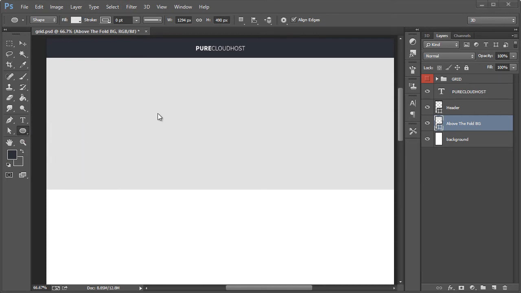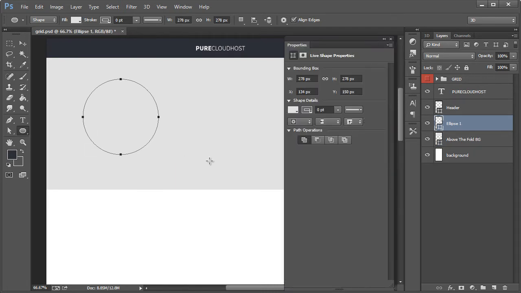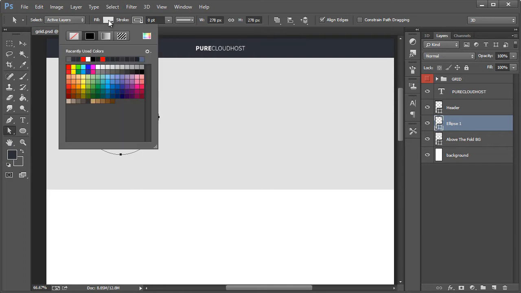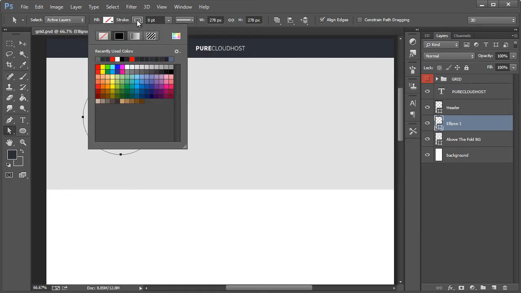right here. Just above the fold background, we want to basically take this, hold Shift, and create an ellipse that's roughly right around this size. All right, and what we want to do is take the direct selection tool right here, and we want to get rid of the fill. So click on that, and we will create an empty, and then take the stroke, and we will make it